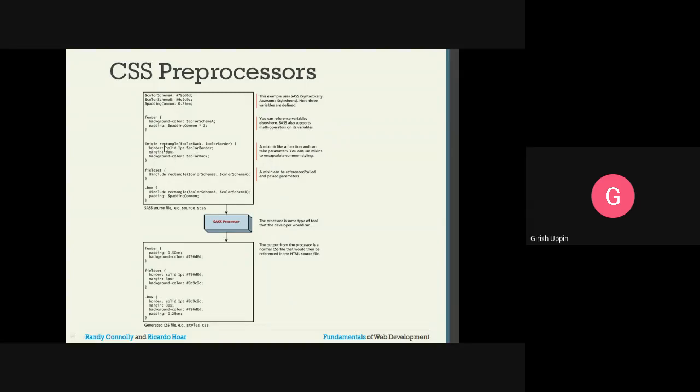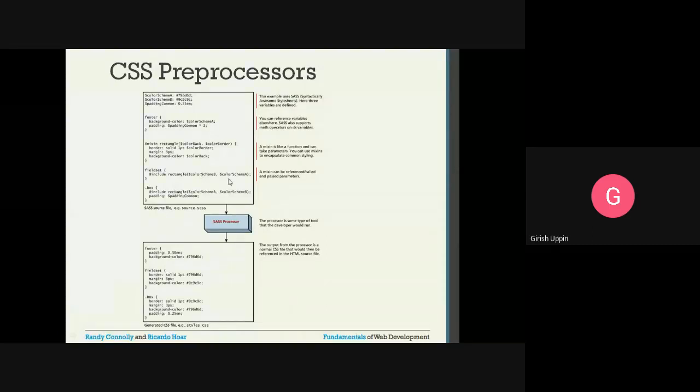So @mixin rectangle, we have color-back, comma, color-border, border solid 1pt, and color-border. Whatever you are setting, these values will be passed here, and color-back is set here. Background color is set as color-back. Then for the fieldset, @include rectangle, we are calling this particular mixin and passing the two colors here.